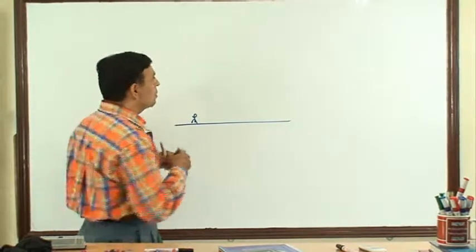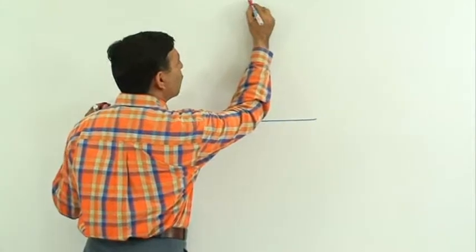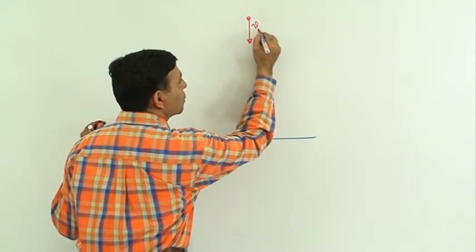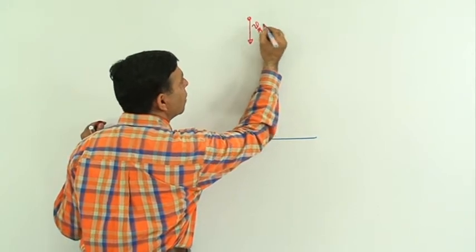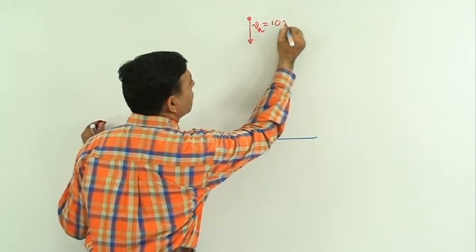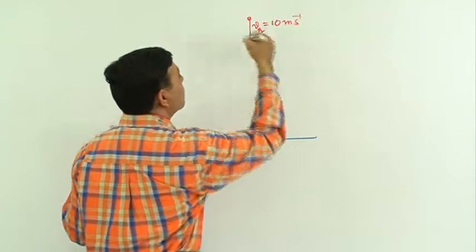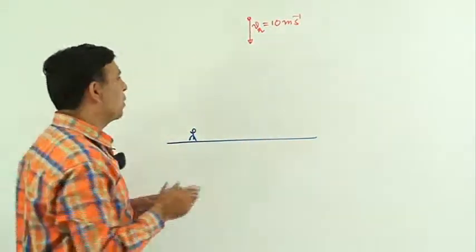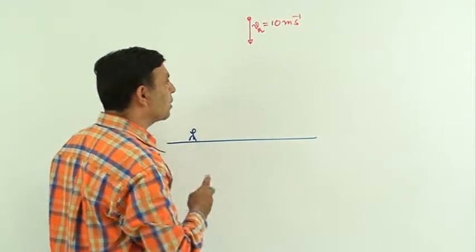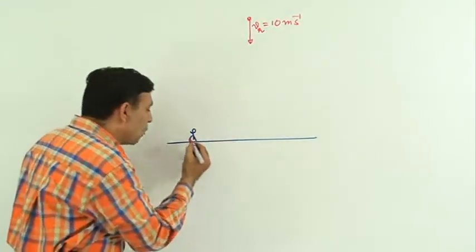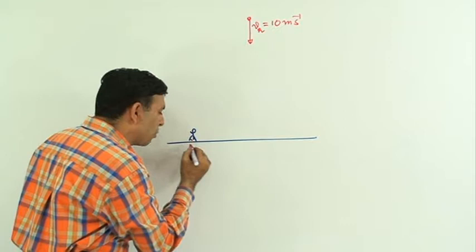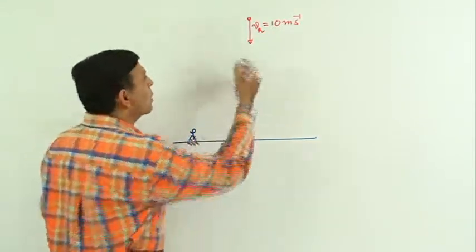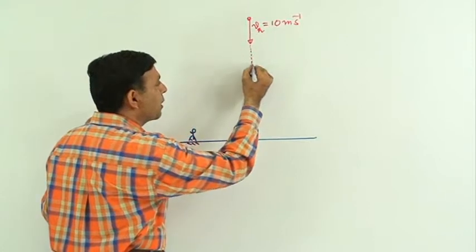Suppose these raindrops are falling vertically with velocity of the raindrops, V rain, say 10 meters per second downwards. Obviously, suppose the raindrop is falling vertically downward. I'm assuming VR, velocity of raindrops, is 10 meters per second downwards. And you know very well, if this person is at rest, not moving at all, he will just see the raindrop falling like this with 10 meters per second,